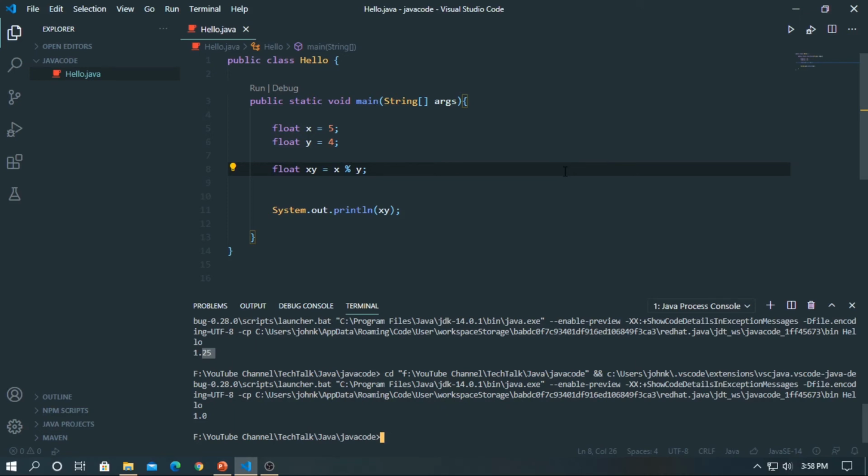Yes, it's correctly returning 1, because if we divide 5 by 4, it should remain 1, because 5 contains one 4 and one 1. That's how it should remain 1. So this is the correct result, x modulus y, and the result of this is 1.